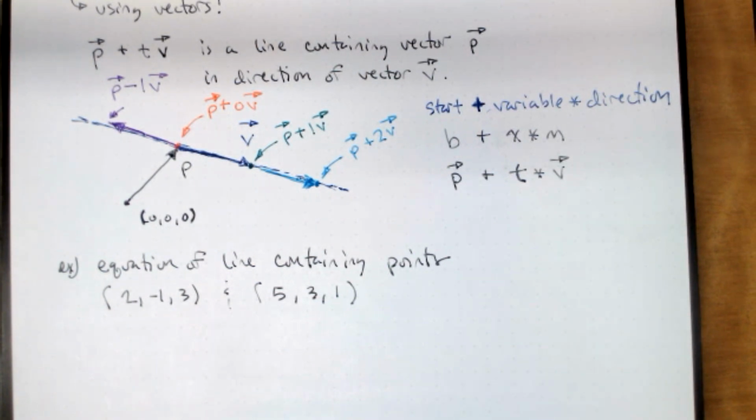So if we want to find the equation of the line containing these points, (2, -1, 3) and (5, 3, 1), we can take either one of these points as our starting point. We don't have a y-intercept like we do in the linear equation. That's one of our differences, y equals mx plus b. So either one of these could be our starting point. We need some way to describe the direction. And the direction, we just go from one point to the other. How much of a change is there? So our direction vector